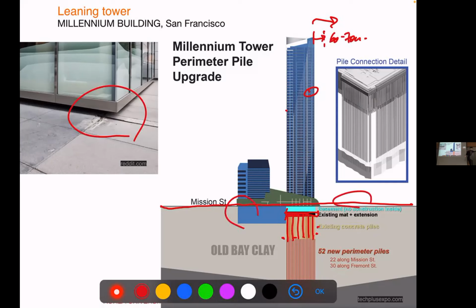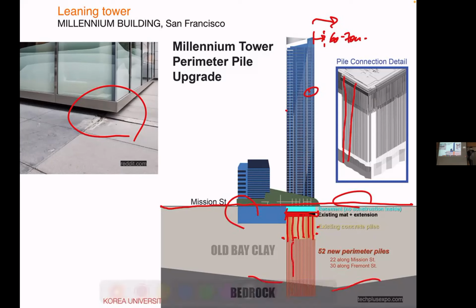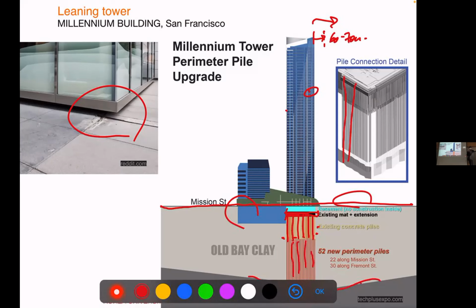Now they have to make a very expensive plan to re-drill piles to the bedrock, which would have been the initial solution. Why didn't they do it? Well, it's hard to know because it's in the news, and there are plenty of lawyers. The only people who benefit from this are lawyers, right? For sure. So the question is, they knew making so many piles to the rock was very expensive.